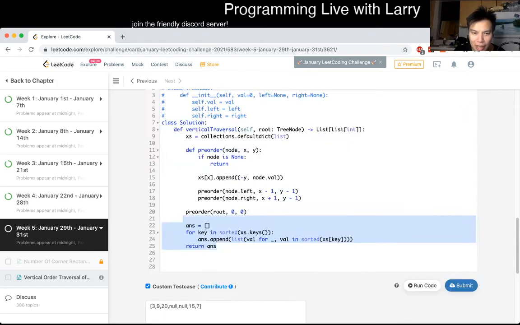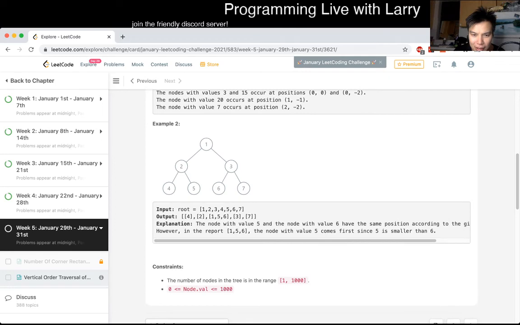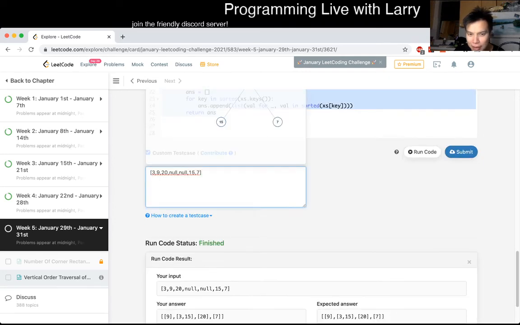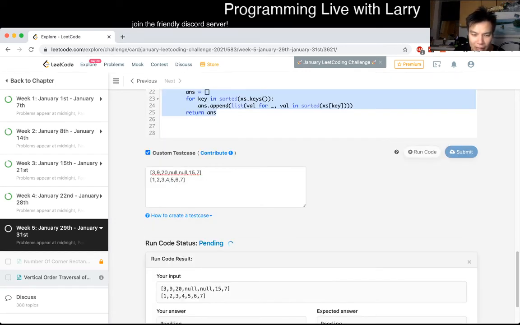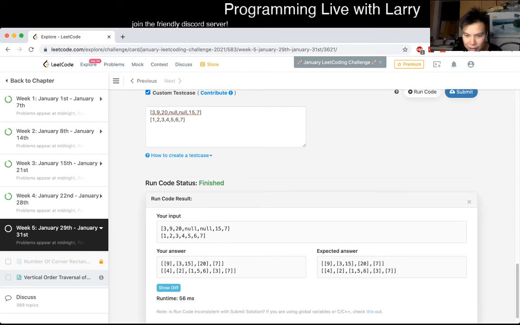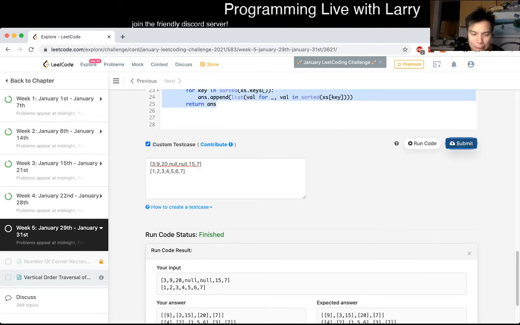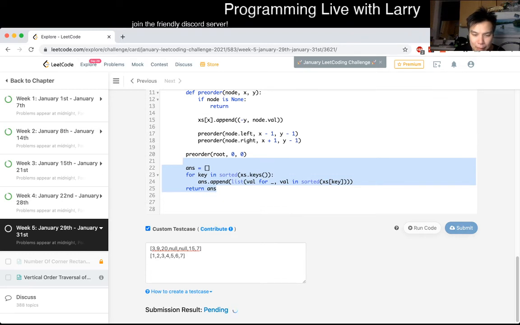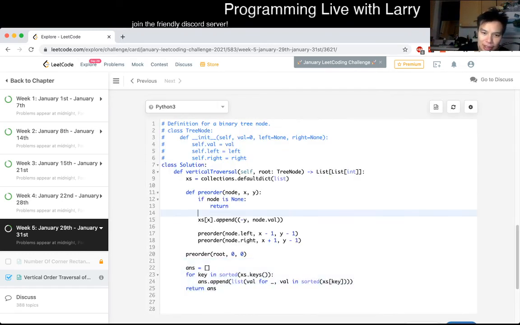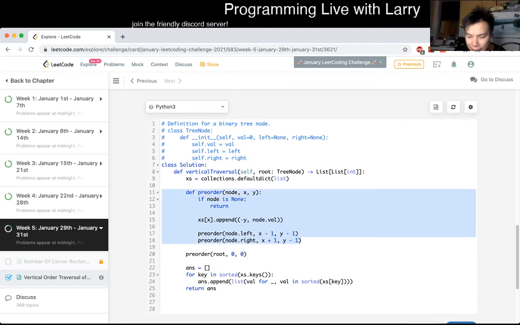Yeah, and it looks okay, so let's try the other test case, and this is a full tree test case. It should be okay. Let's give it a look. Anyway, looks good, so let's give it a submit. Yay. So what is the complexity? As we said, the pre-order is going to be just a regular traversal, so this is linear in the number of nodes. The sort we do is that we sort by each x number, so that's going to be